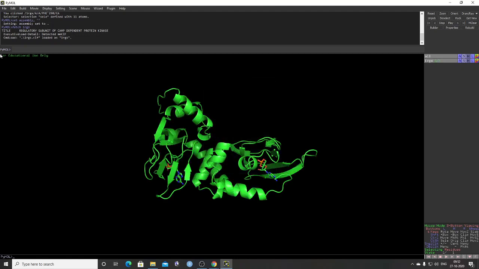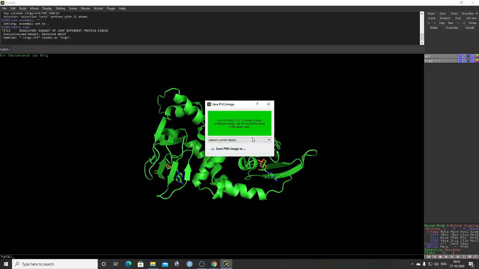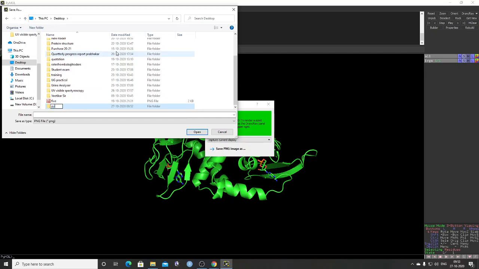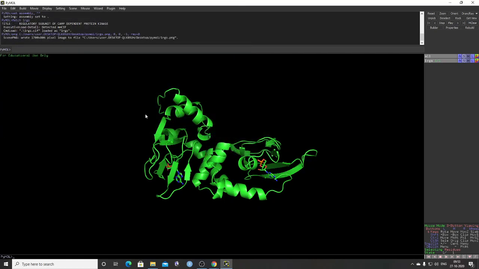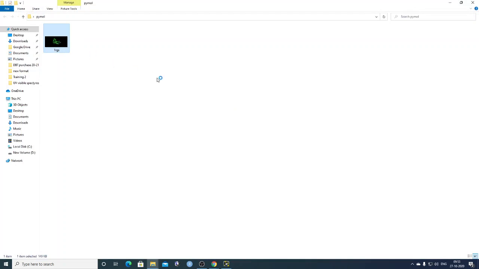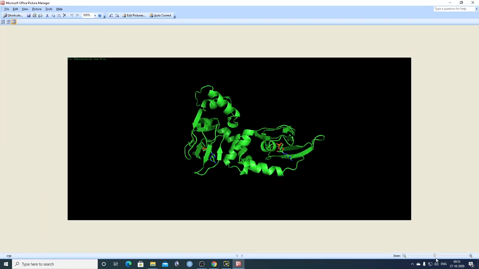1RGS. Now download. Now for example, if you want to export it as an image, you can export it as a PNG. Okay, save PNG image as, and for example, here we will make one folder on the desktop, PyMol, and this is the 1RGS protein name. So if you open the PyMol folder here, this image, whatever format it was, it will open it. So this image you can see, you can zoom it here. So this image has been saved.